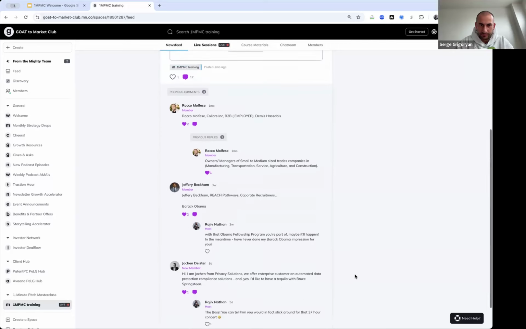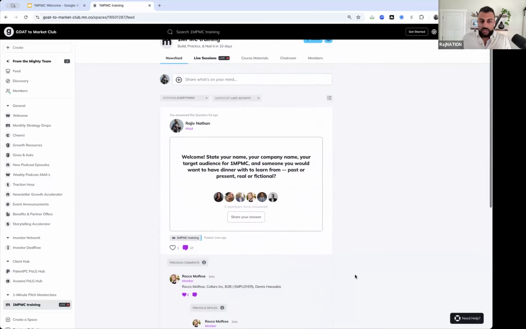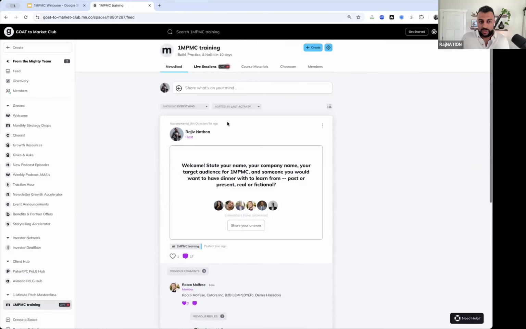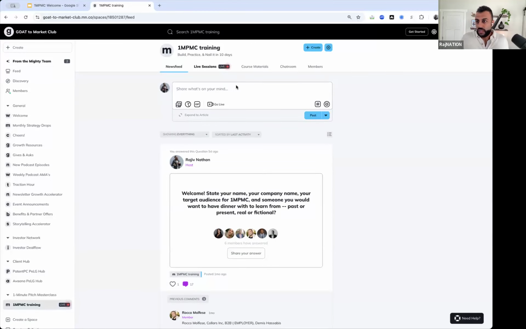So you can consider this view, which is the newsfeed, like the same way you would think of a Facebook wall or a Facebook newsfeed. How we will use that in this program is if you are posting something that you want feedback on, it would go in the newsfeed section, not as a reply to this intro thing, but as your own brand new post.